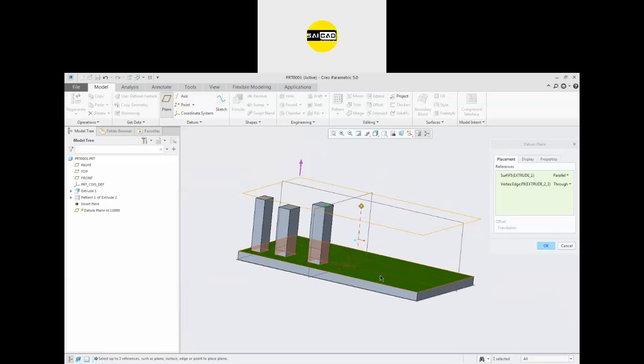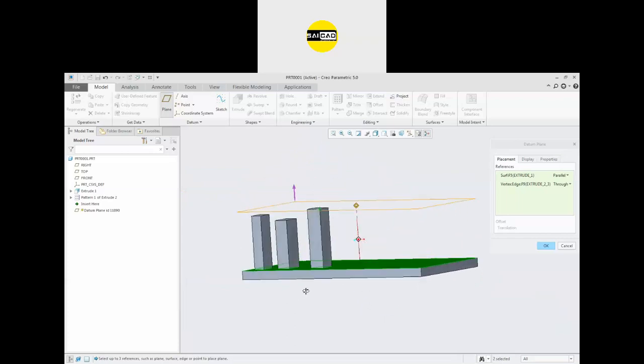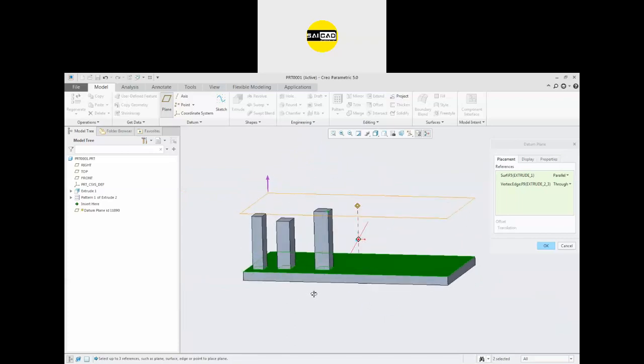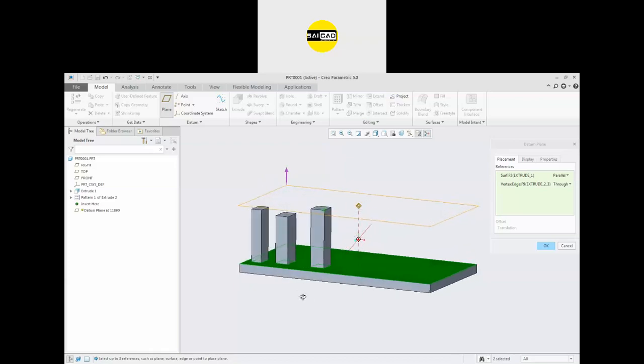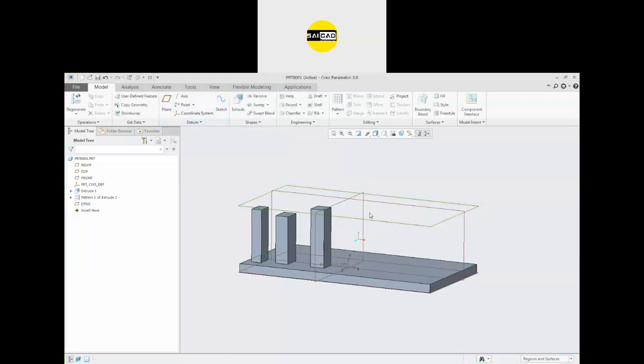This face or plane will define the shape, and that point will define the plane location. It should not be a face, it should be a point. The point can be created with the point command from here or a point from the sketch also. Just click OK and the new plane will be created.